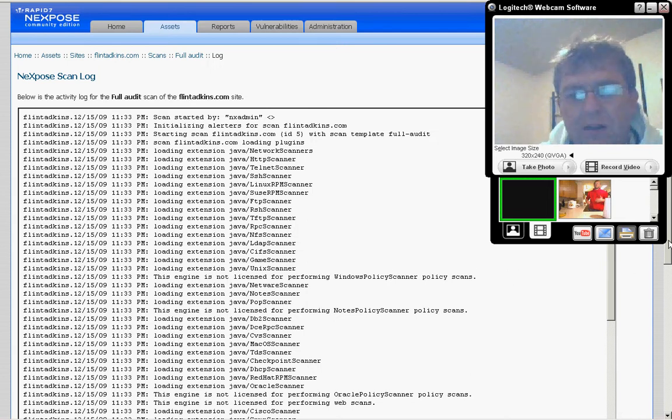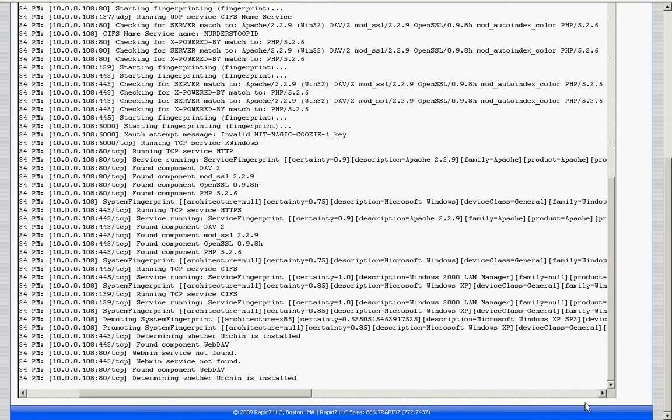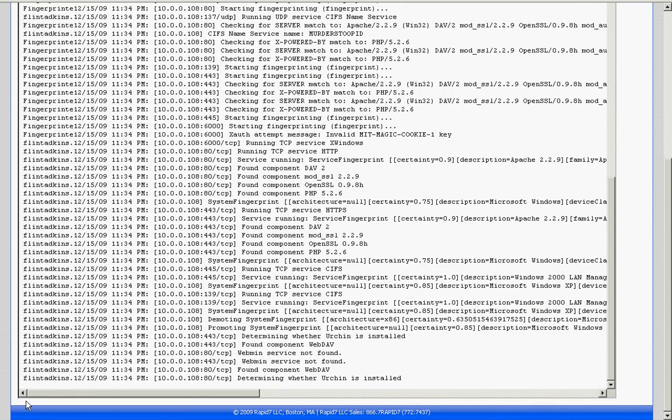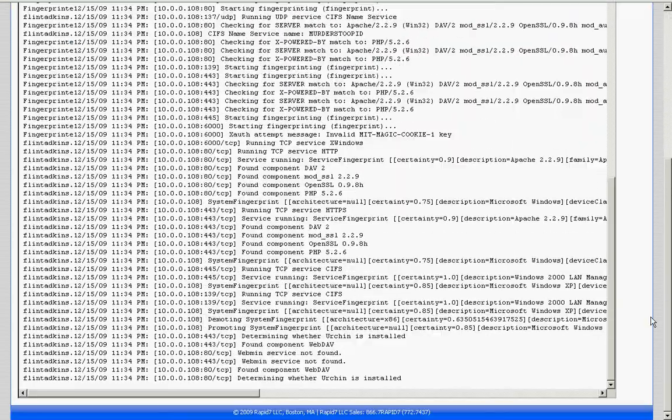So we'll look back at the log here, scroll down. Eventually the report will tell me exactly how many vulnerabilities NeXpose has identified,